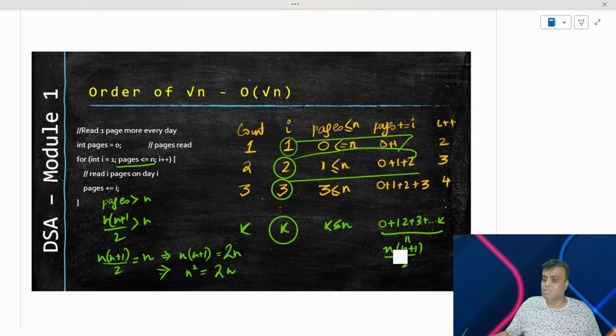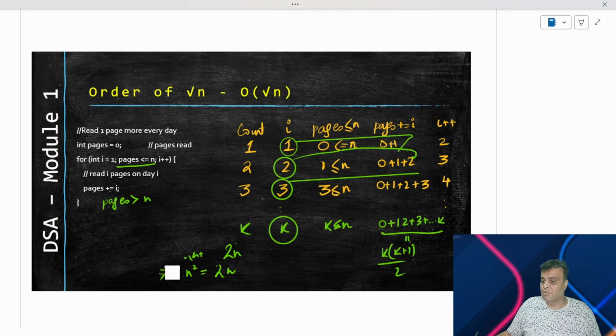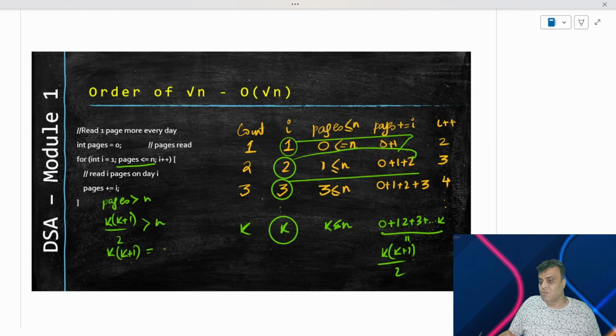So if we actually correct that mistake, then we can say that this is equal to k into k plus 1 by 2. And if that is k into k plus 1 by 2, then my condition is pages is greater than or equal to n, and pages is k into k minus 1 by 2. So this k into k plus 1 by 2, the rest of the things will remain the same as I did it, right? It will be greater than n. And I can therefore keep it at k, and say that k into k plus 1 is equal to 2n. Equal to why? Because I'm eliminating greater than, just from an inequality complexity standpoint, and I'm saying just after this equal to, it will stop, right?